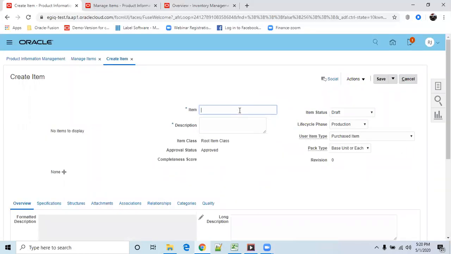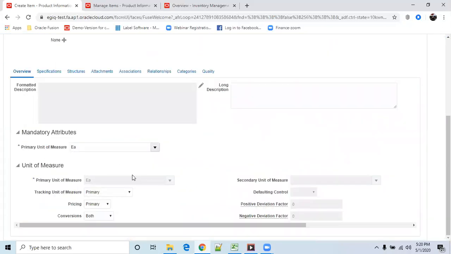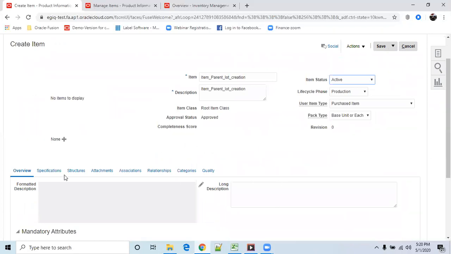Now I have to give the item name, item parent lot creation, description. Item status is active, and the remaining things, primary unit and everything, will be dumped from the template. So I don't want to change anything.